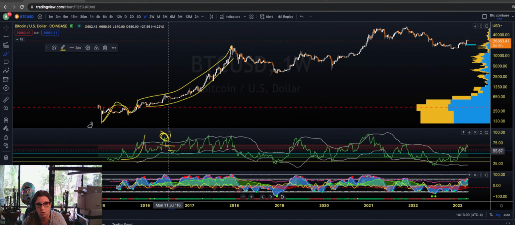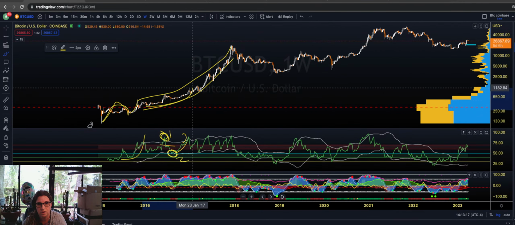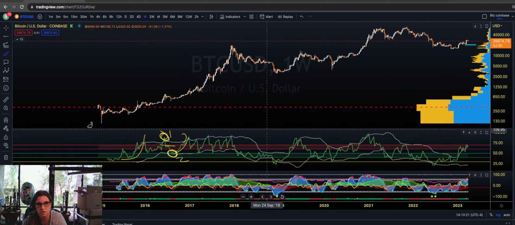Then we want to see it hold the green zone here between 40 and 50. That's signal number 2. And then we want it to push up above the red zone again, signal number 3. That is a complete transition signal. Okay, that's what it did here in this bull run. And of course, I'm telling you all this because we're leading up to where we are today so that we can compare